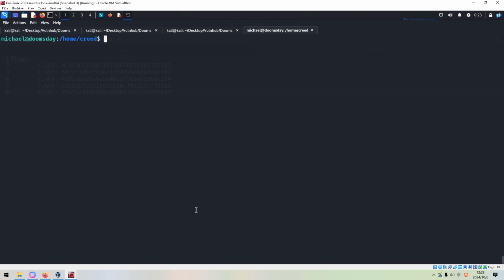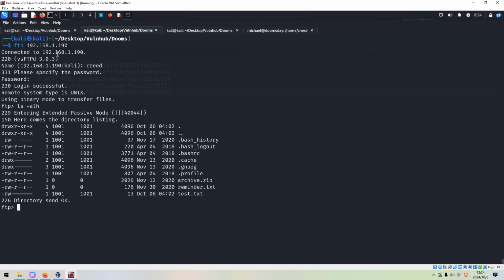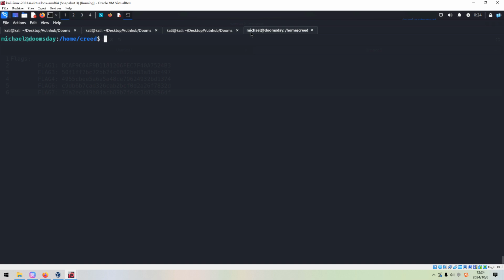Do you remember? We have access to the target with user create by FTP. We can FTP. Also, we have permission to upload the file. Now we can create a file.